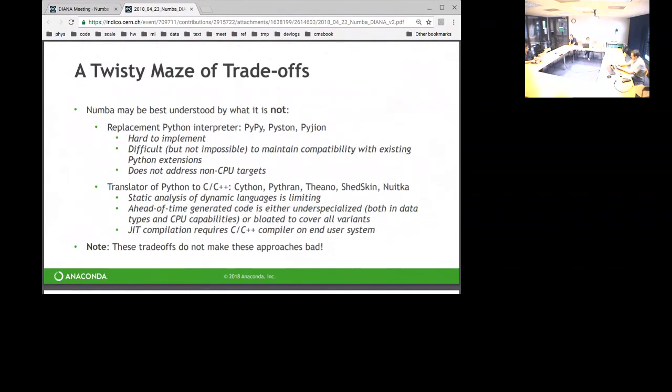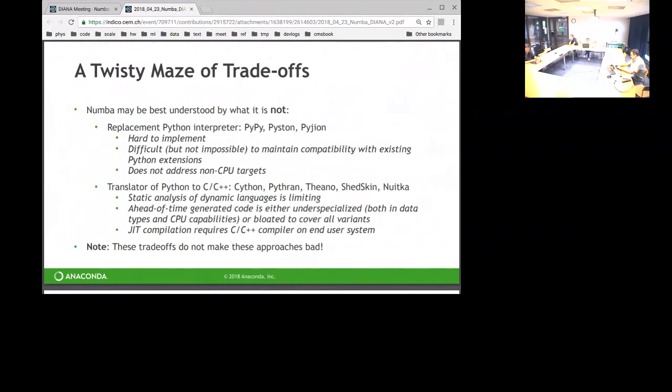So one approach, which Numba is not, is a complete replacement for the Python interpreter. There are projects like PyPy, which I think has been the most successful, Pyston, which is I think basically dead now, Pigeon, which is sort of slow burn. I don't know how rapidly things are happening. If you remember Unladen Swallow from long ago, these are all attempts to basically rip out the CPython interpreter and replace it with another one that can do some kind of just-in-time compilation, often using the tracing approach that you see in your JavaScript browser. This is really hard to implement. The PyPy developers have spent a decade getting this to work, and they've done a spectacular job. I have huge respect for them.